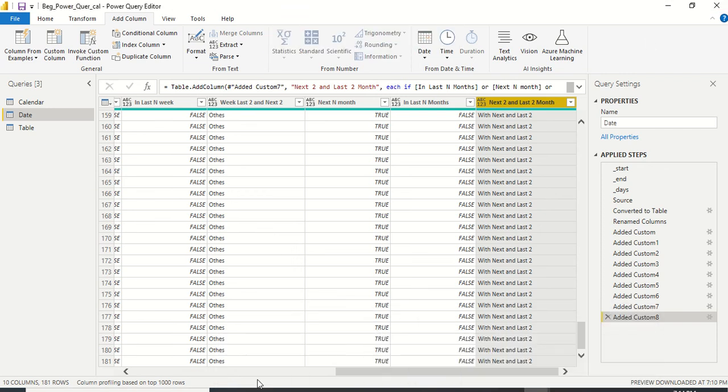We are continuing our tutorial series, and in today's tutorial we are going to discuss two more Power Query functions, that is to check whether we are there in the next n quarters or last n quarters. We are continuing this discussion for months, quarters, weeks, and you might remember from previous videos we already created a date table. We are doing it now.